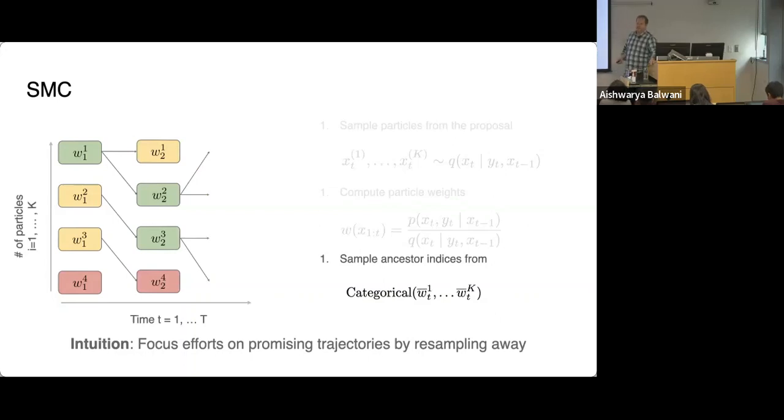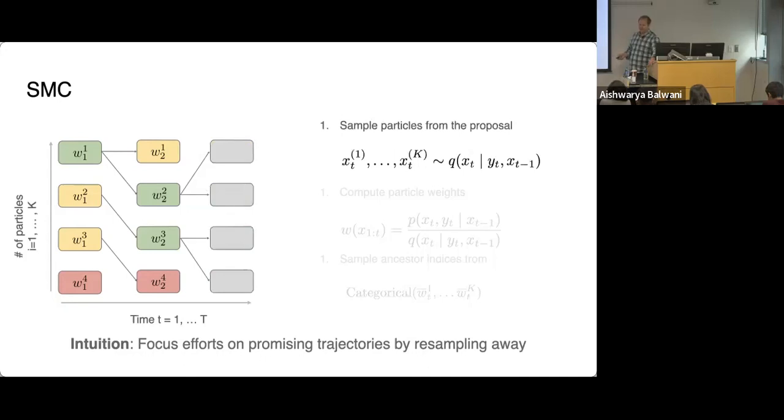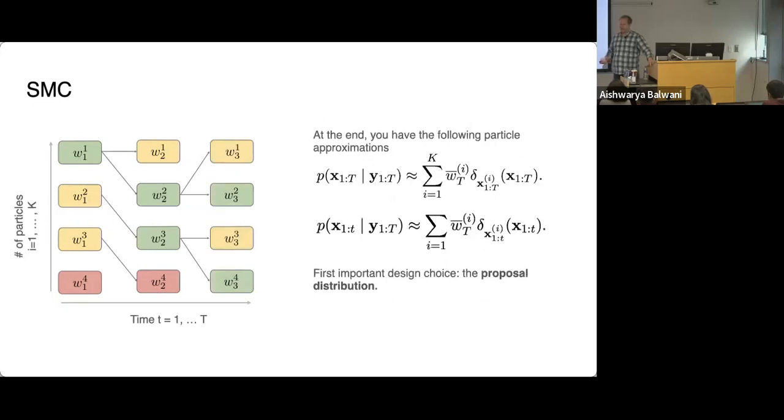And here we just propagate the good particles yet again. Do that, rinse and repeat until the end. And what you get is, again, an estimator for posterior distributions, not just over a single variable, but over a whole trajectory. So the posterior, we're saying, is approximately equal to this weighted sum of trajectories. Each x1 through t superscript i is a trajectory through latent space, and each weight here is a weight on that trajectory at the final time step.